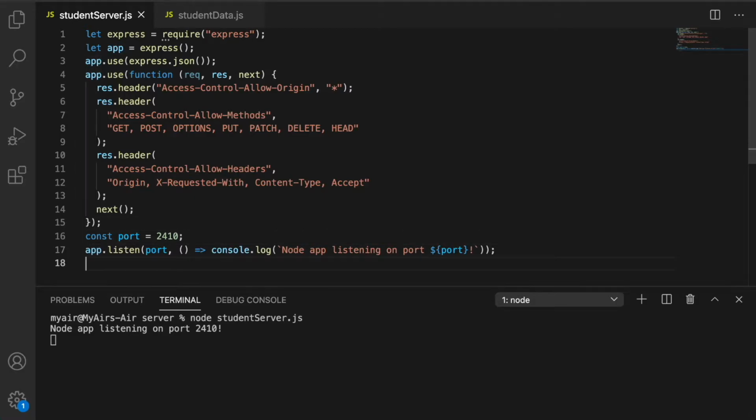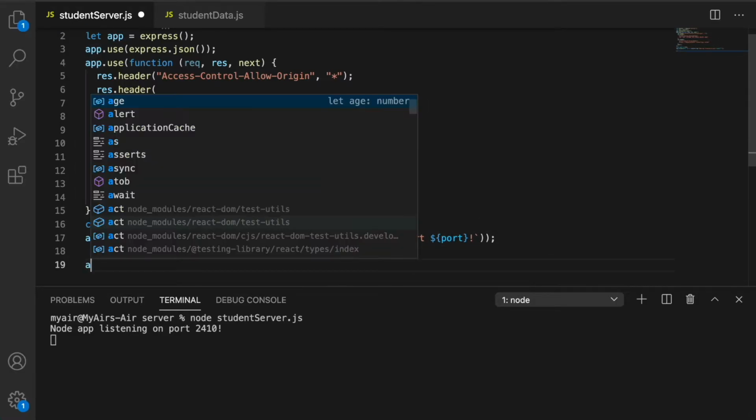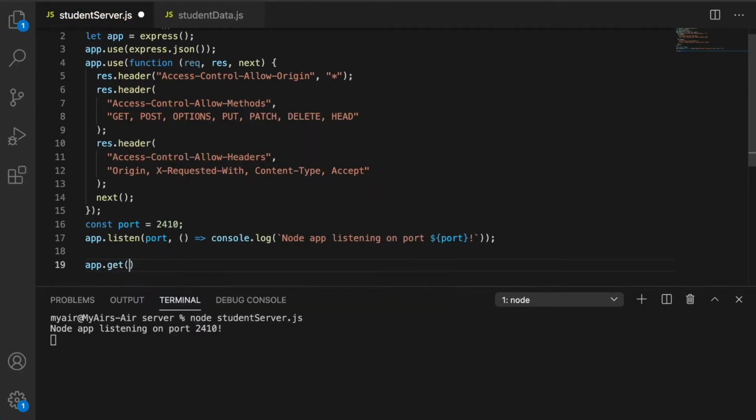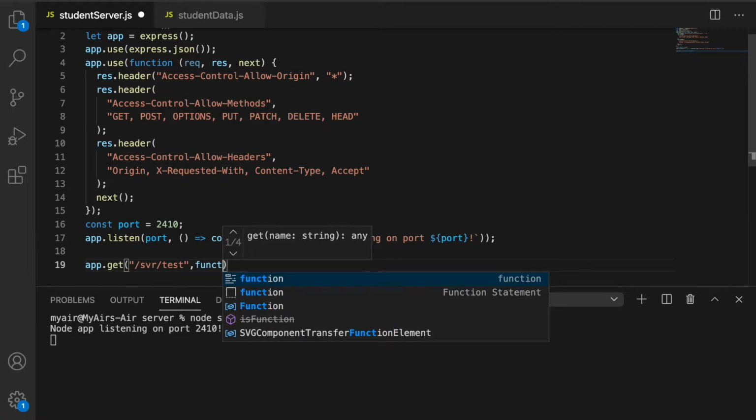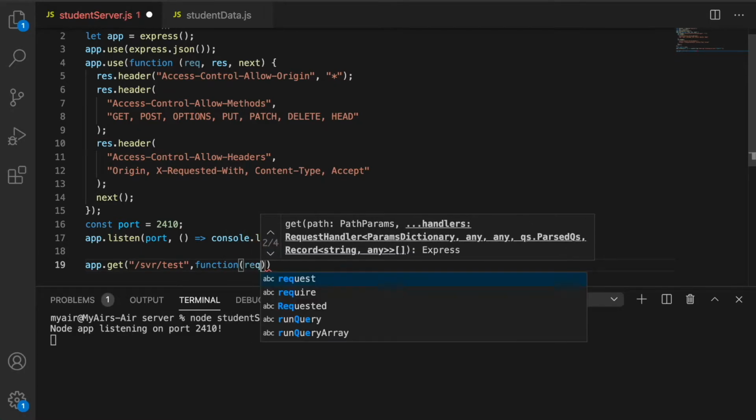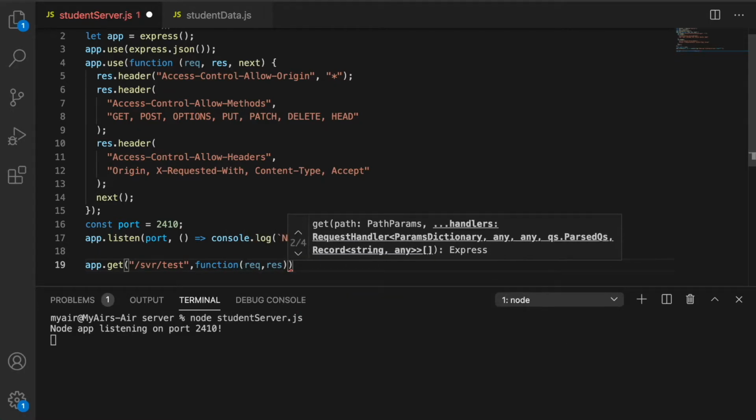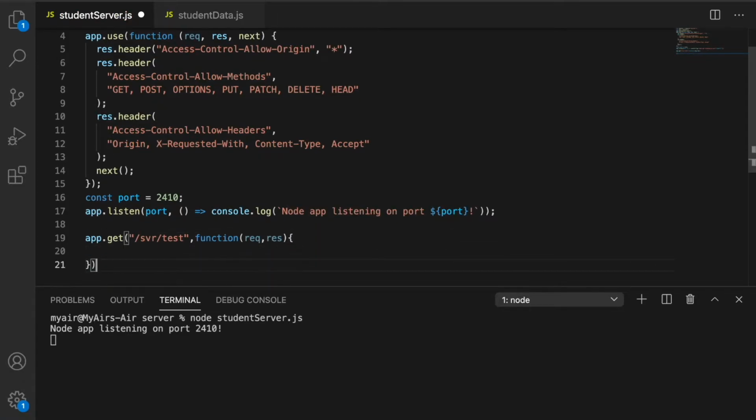So now what we will do is we will just create a very simple API. So let's say we create a simple API, app.get, and let's say we say /server/test. So this is the way we will code it.